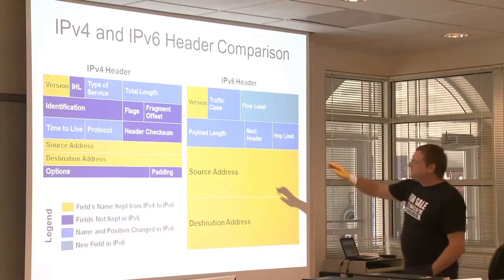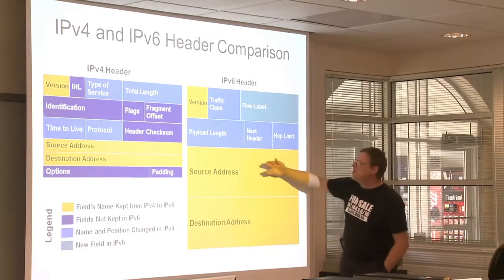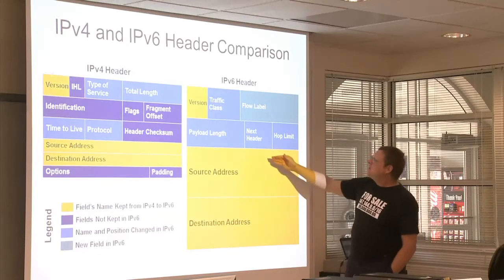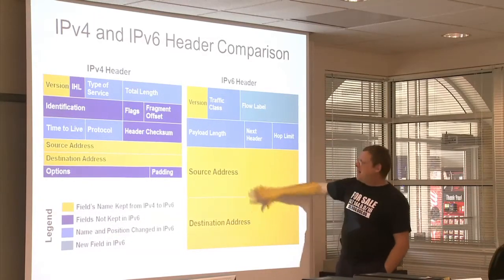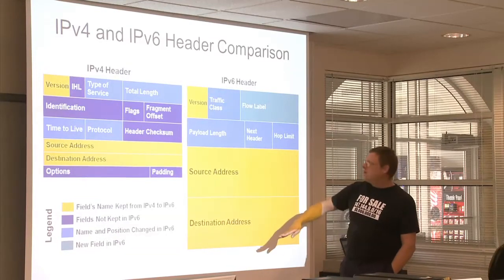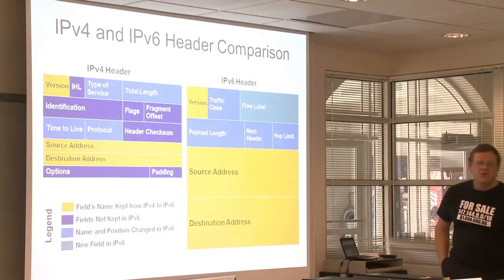Anyway. The header is much bigger, but it's much simpler. There's really nothing there but source, destination, and a few other things. Payload length is there to specify how long the payload is, not including the header. Hop limit is the new name for what you used to call TTL, which is a whole lot more sensible